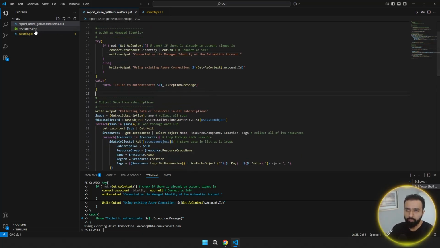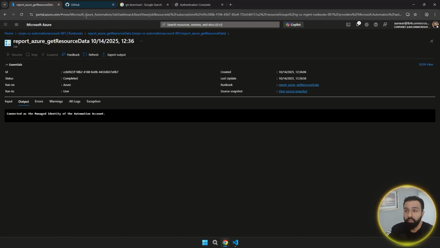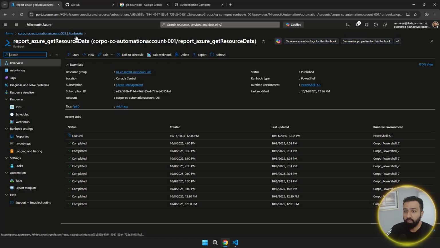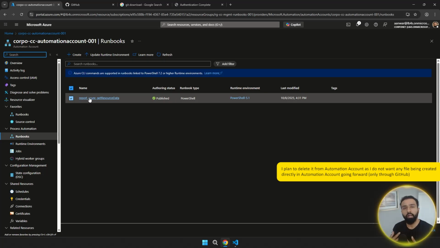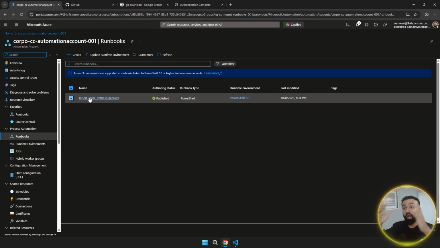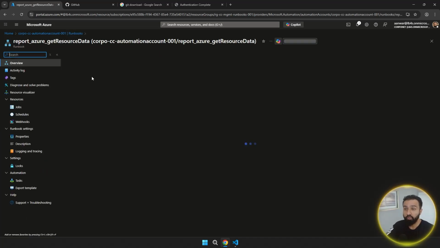Okay, so this is pretty much ready, because we already made this script and got it running last episode. So what I'm going to do is I'm going to go back here to our Runbooks, and I'm actually going to delete this file because we do not need this. Our goal is to use GitHub. Whenever we upload our scripts to the main branch in GitHub, it's going to automatically populate it here. So ideally, we should not be making anything manually in automation going forward from this point on. So I'm just going to delete this,